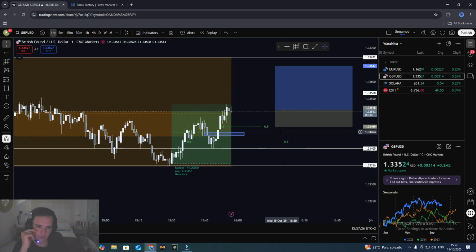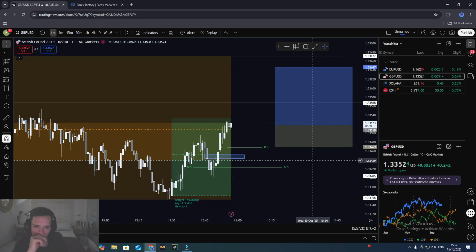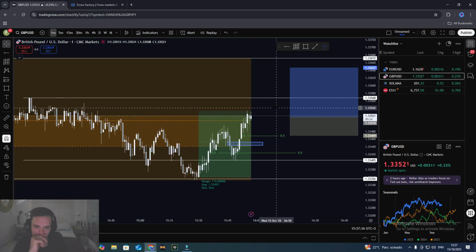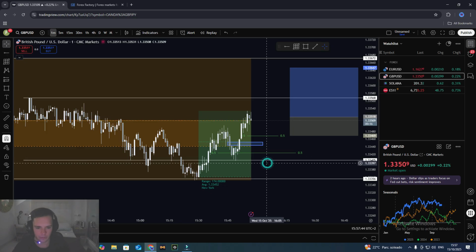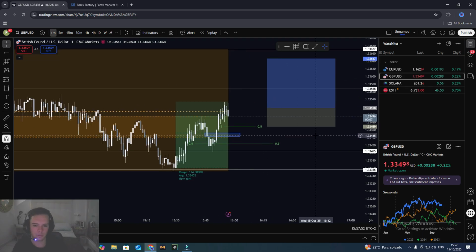I just want to see us tap into one of these fair value gaps first, because I know USD is going to come down first. And so that leads me to think that GBP USD is going to come down more. We're not going to have a lower low, but if we do, then that's just the trading day completely over. If we get a lower low, I mean like that. But if we come down to here, then no, we're not entering. See what happens here.